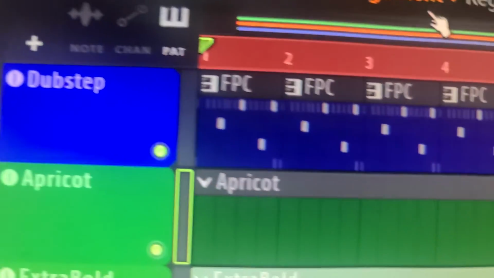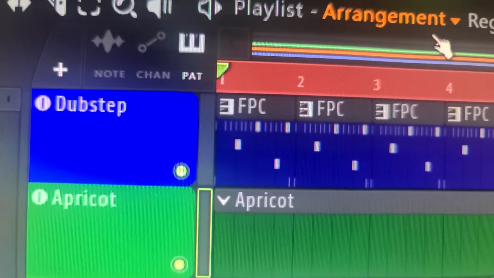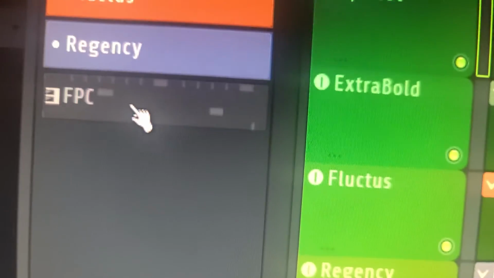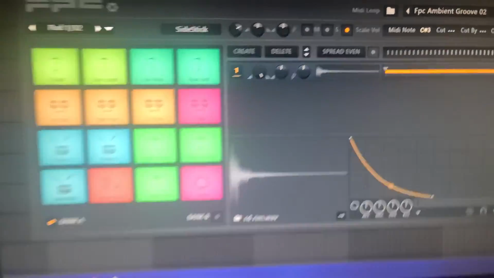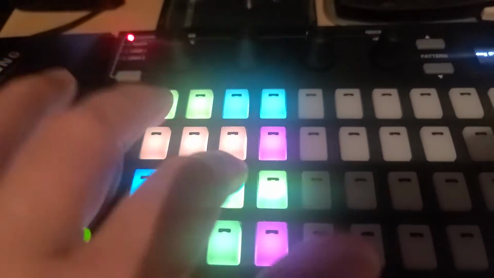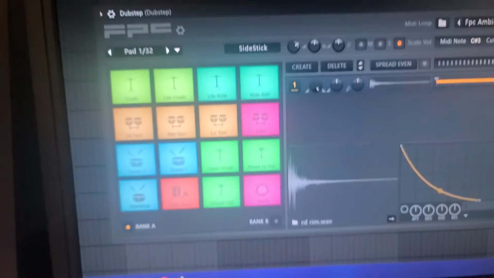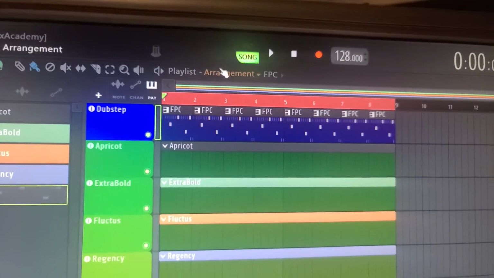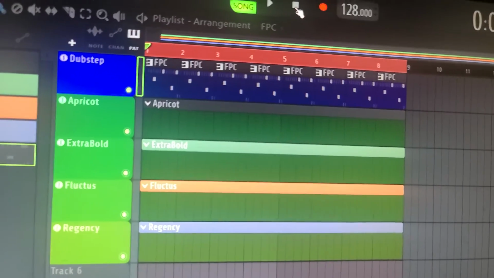I got what I call an FPC here, right? Here's my little FPC, and what this guy does over here, let me see my drums, right? Over here, boom, as we've seen before. So we've all seen my drums play over here, and they're all color coordinated on my Akai Fire. Anyway, so what I've done is we've created a little drum loop, as you guys have seen me do before,